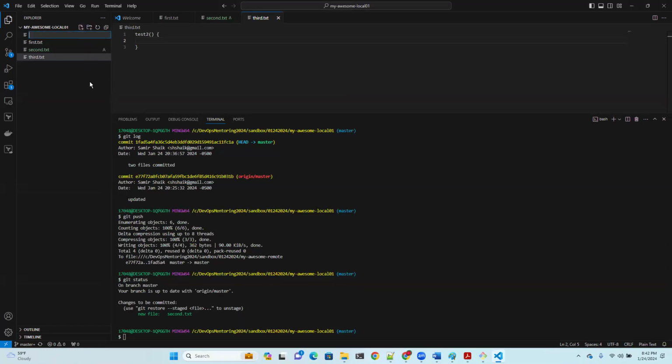Samir, I have one question. Go ahead. So we have done the second commit, but before pushing, we have done the third commit also. No, we didn't do a third commit. We only did a third add. If we did a third commit, yeah, that's where we are coming now. So if I do a git status now,